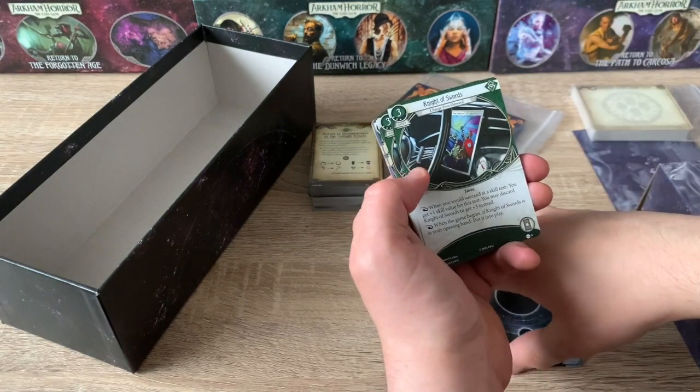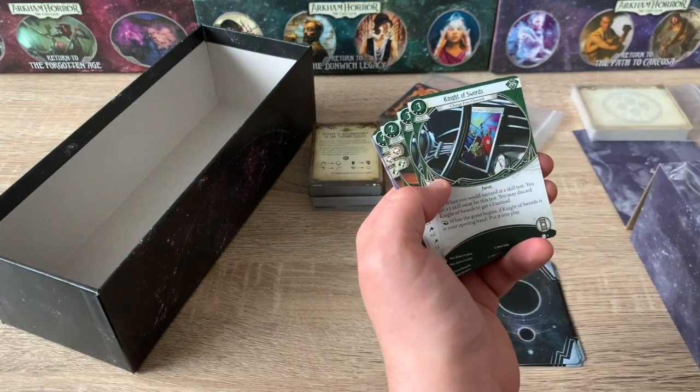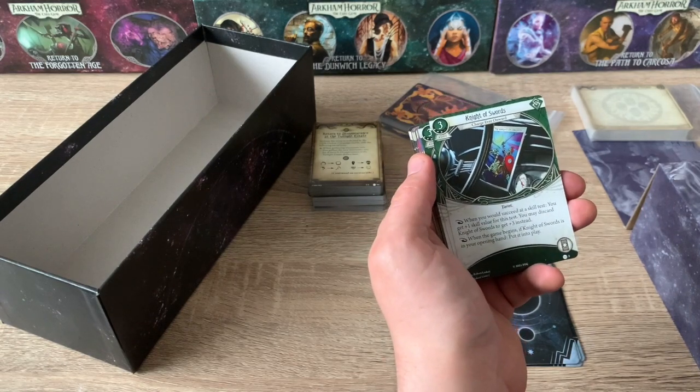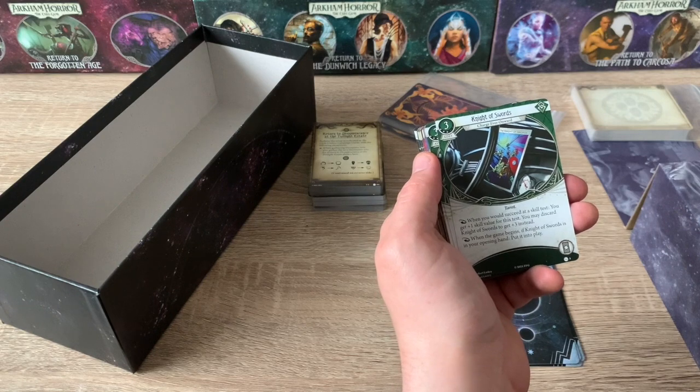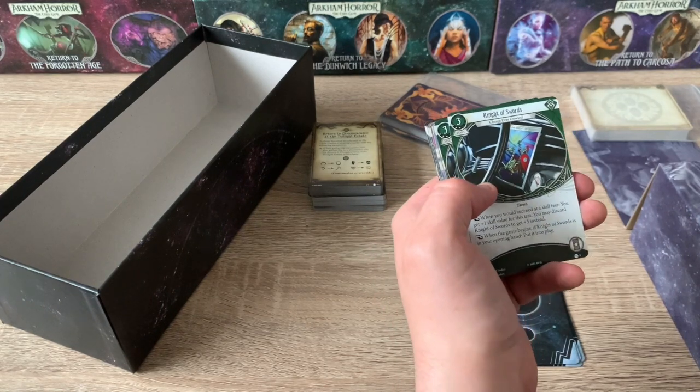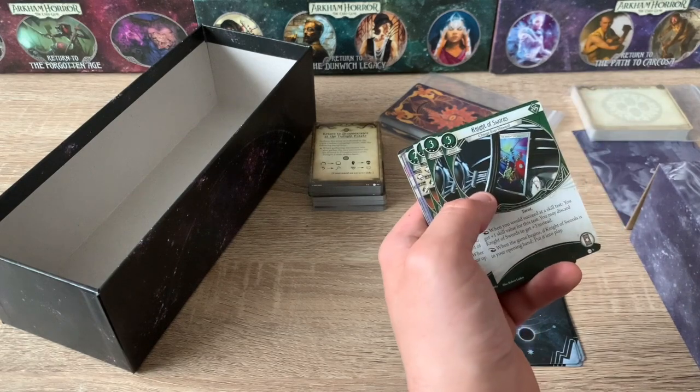Another tarot card here, Knight of Swords. So same again, cost 3, 3 to upgrade. When you succeed at a skill test, you get +1 skill value for this test. You may discard Knight of Swords to get +3 instead. So it's really good if you are really struggling, you need to kill an enemy quickly, or one last test